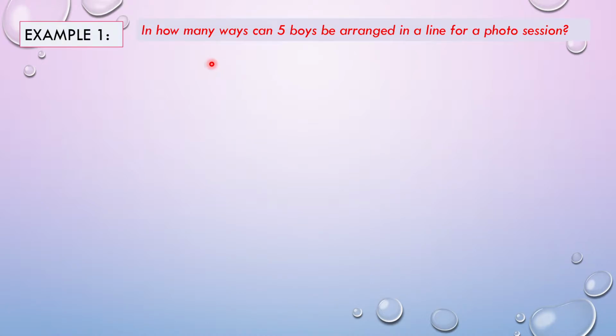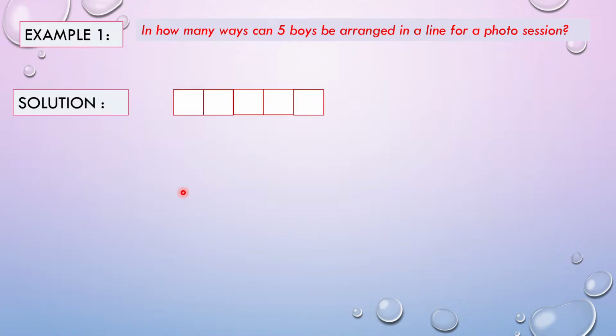Example 1. The question is, in how many ways can 5 boys be arranged in a line for a photo session? Let's look at the solution. Since we want to arrange 5 boys, all 5 boys are being arranged. Therefore, for the first box,